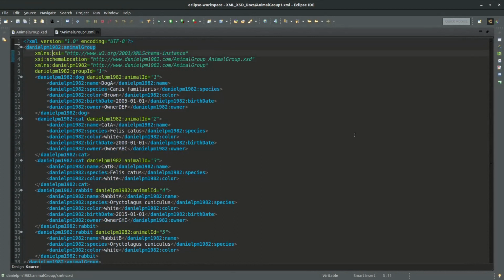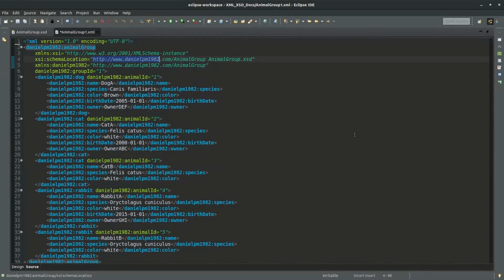Then through that xsi default prefix, we get the schema location and set the target namespace of the XSD along with the XSD file name,